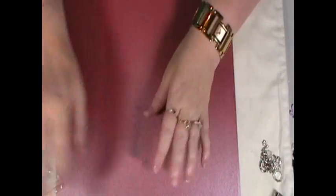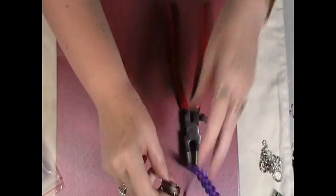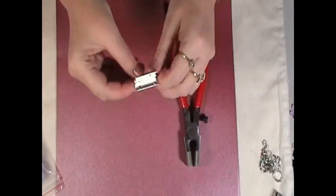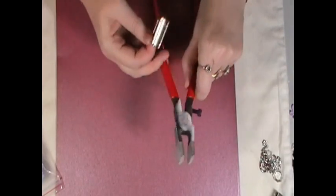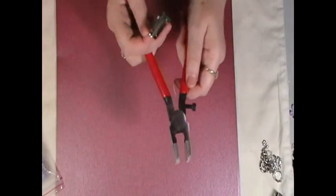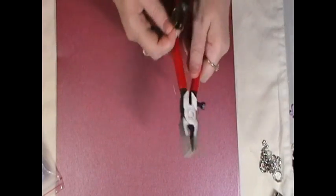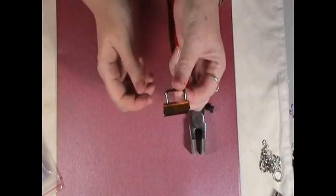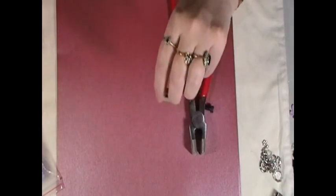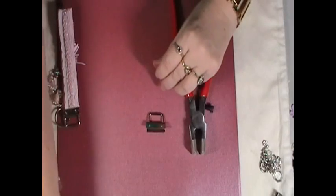Everything Ribbons is where you get the tools from. Anyway, so what you'll need, and it's not expensive, is that. You'll need one of those. Some of you might already have one of these, and to be honest, you don't necessarily have to buy one. You might have a plier or something that's big enough. But you need one of these, which is the clip that's at the end of my keyring, and you also need